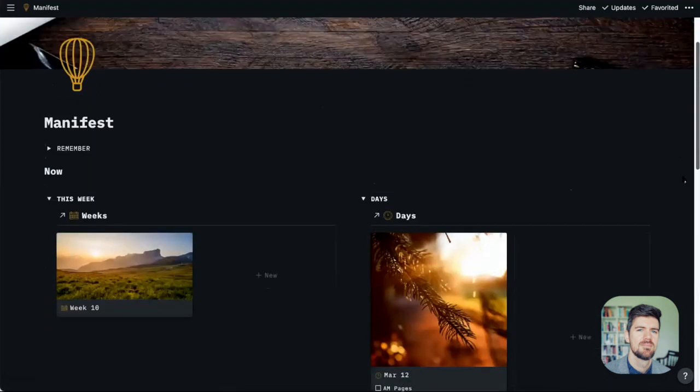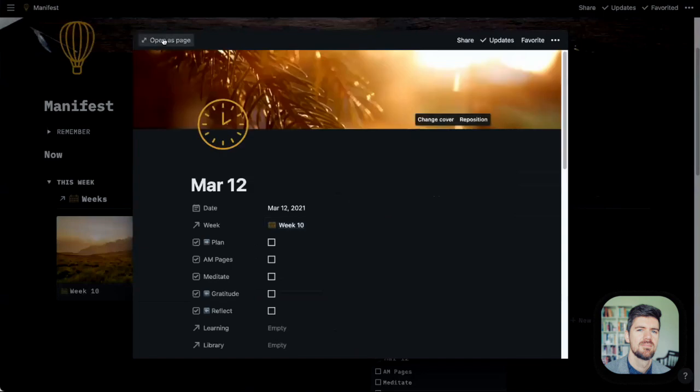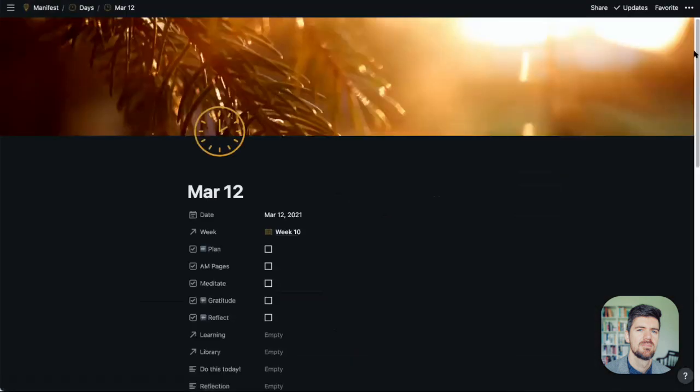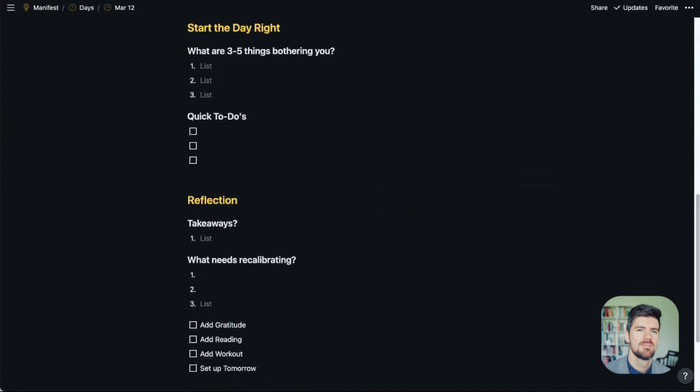So in terms of day-to-day, the thing that I've felt works the best is definitely opening the day view and keeping this open and making progress. And I tend to just start adding some notes and brain dumping into this page first thing in the morning to then refer back to throughout the day.